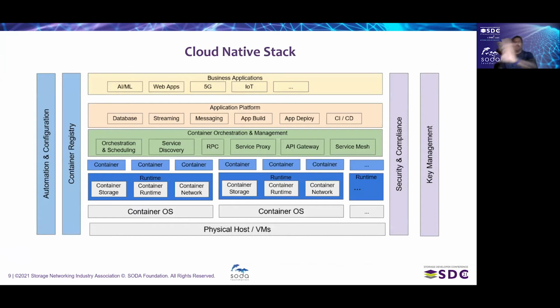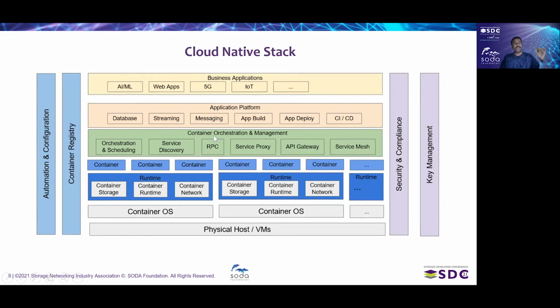Now, I have prepared this cloud native stack based on the cloud native landscape. So you have business applications, you have application platforms. It can be for database, streaming, messaging, various kinds of use cases. You can have different dedicated application platforms. On top of that, your real actual business applications will be running.